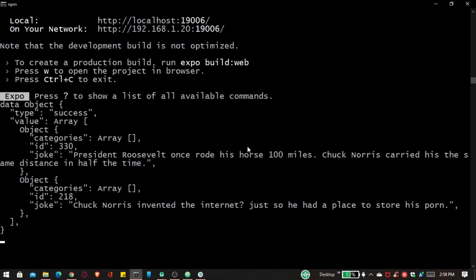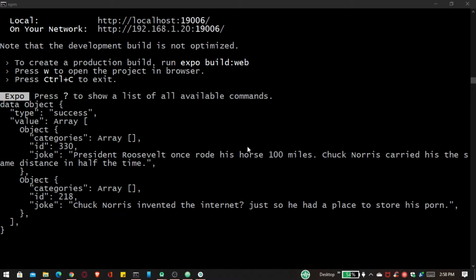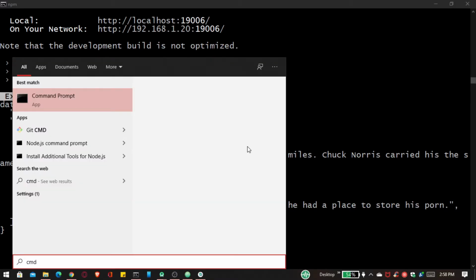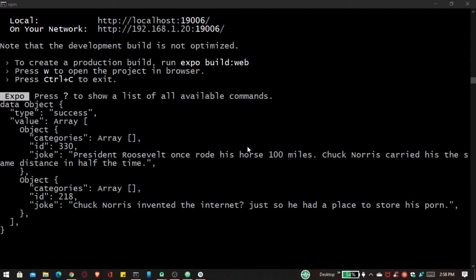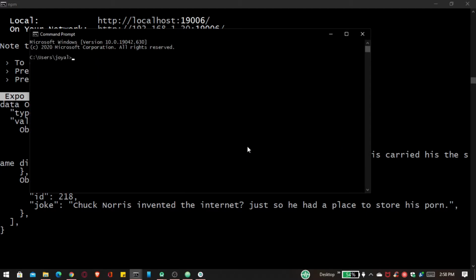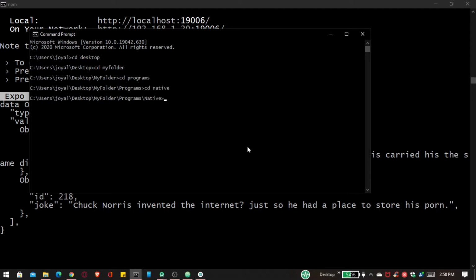and go and create a new command prompt here. So first you have to go inside your project. So I have to go inside my destination, and our folder name is jokes app, and here I want to install our new package. So for that let's paste here and enter it,